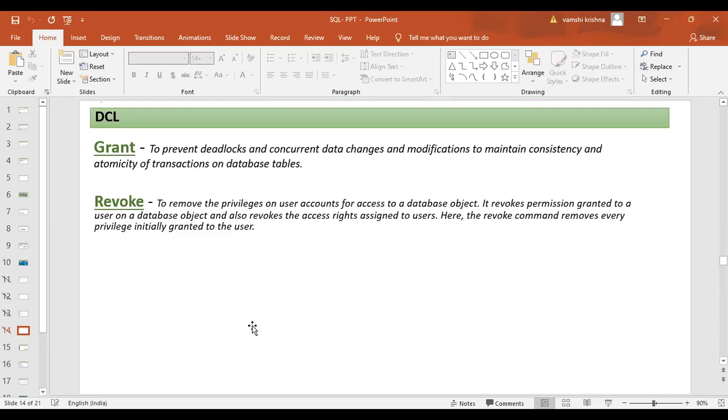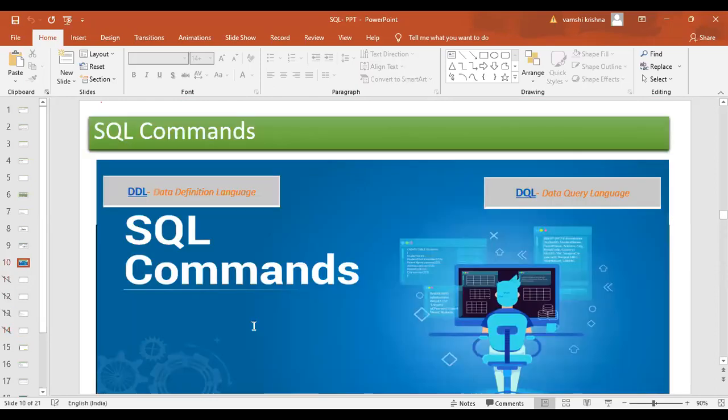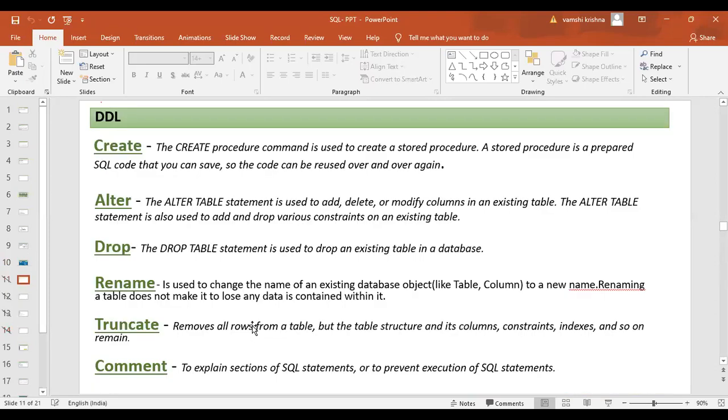I have a question. Go ahead. DDL and DML, right? In DDL, it is create, alter, drop, truncate, comment, but in DML it's insert, update. So what is the difference between alter and update? Alter is when you are making changes to the existing table, editing it.